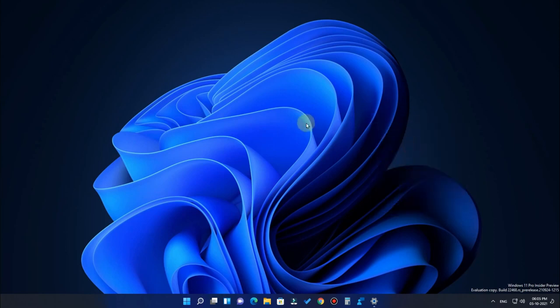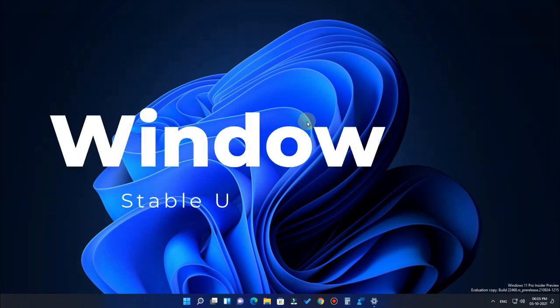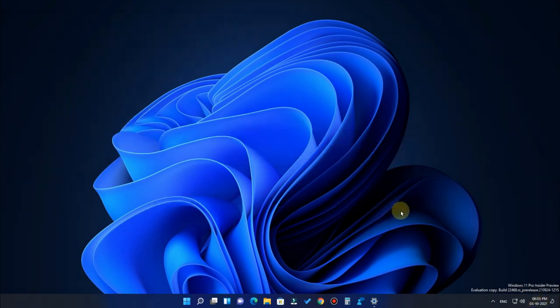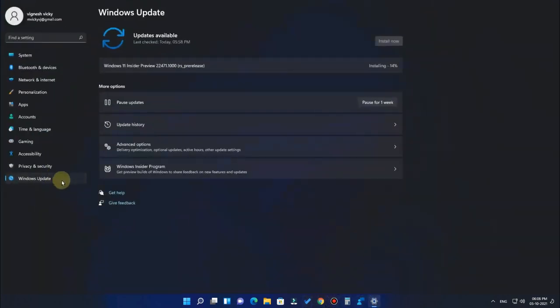In this video we are going to see the new features of Windows 11. So Windows 11 is now official. As per the Microsoft announcement, the Windows 11 stable version will be available on October 5. In case you are a Windows 10 user, you will get a stable update. For that you have to go to Windows Update, and there you will be able to see Windows